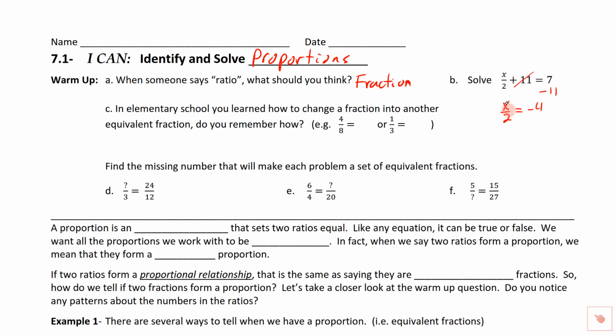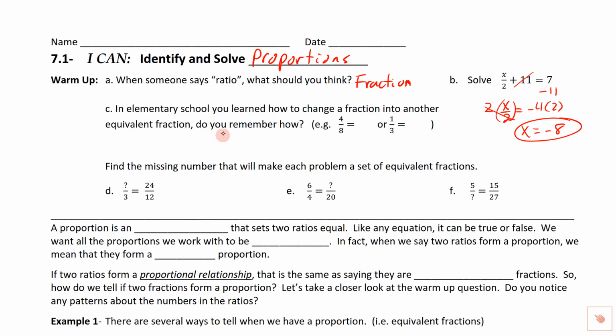And then I'm going to finish this off by multiplying both sides by 2. Again, I'm going to put the second one in parentheses on each side. Of course, these cross cancel. So we end up with x equals negative 8. So I'm going to go ahead and circle that. Let's see. So in the next question it says, in elementary school you learned how to change a fraction into